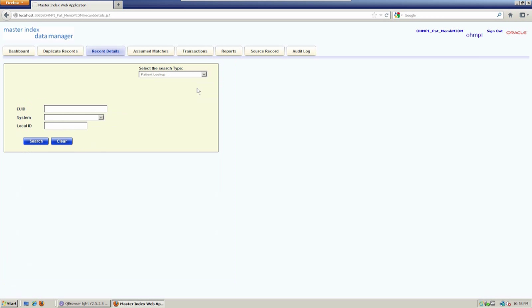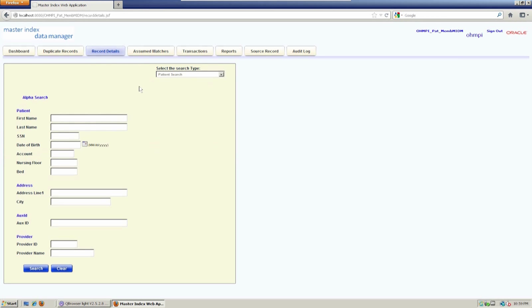But again, as I noted, if we wanted to have more restricted access, such as a user with lower privileges, we could only authorize them to have access to the patient lookup form. And as you can see here, there's a very minimal number of fields, and they're basically ID fields. So in order for someone to look up a patient or a record in the system, they would need to know either the enterprise ID number or a combination of the system ID and local medical record or system record number that exists there. So again, I'm going to switch back now to a more broad screen for my demonstration